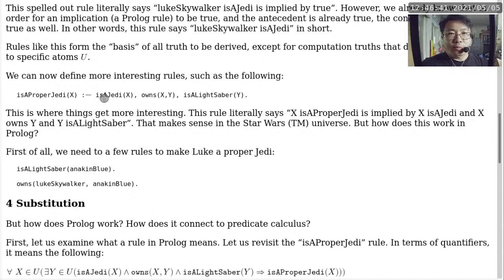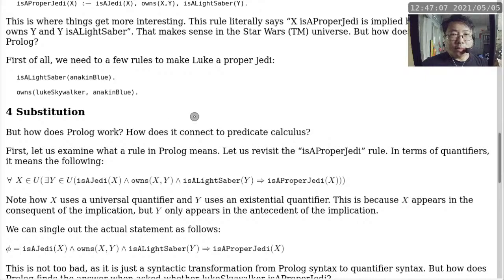So the way we can read this is: for all X, there exists Y such that X is a Jedi and X owns Y and Y is a lightsaber implies X is a proper Jedi. That is the way to interpret this particular Prolog syntax. We're going to skip substitution here,